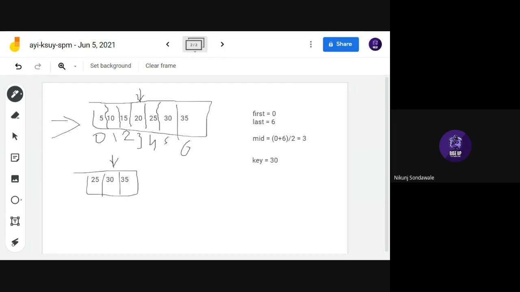Okay, guys, let's go to our compiler and program this to perform binary search. Here again we have the main class and main method. Now we will declare an array in which we have to find the element.